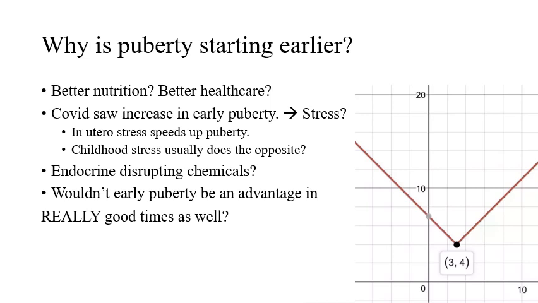The book basically makes the argument that because of the decreased risk of extrinsic mortality, we should see delayed puberty, but it's actually moving in the opposite direction. And the book doesn't really seem to have an answer for this, and I don't either, and neither do scientists overall. One thing that I tend to think about whenever I see things moving in the opposite direction is we have